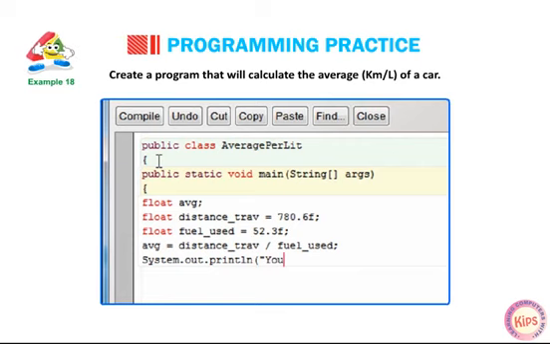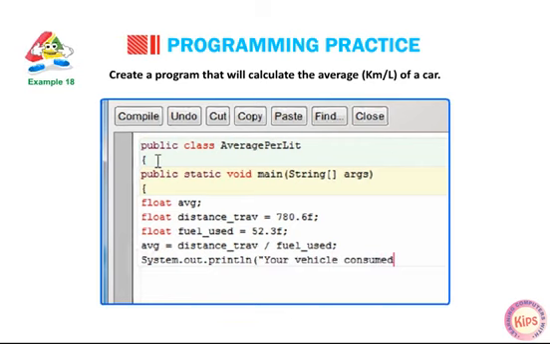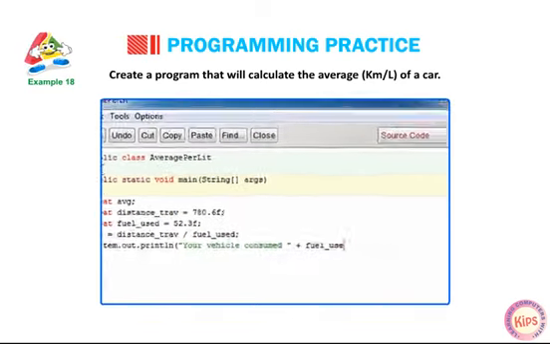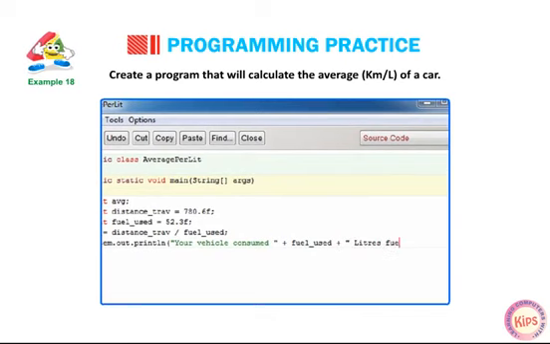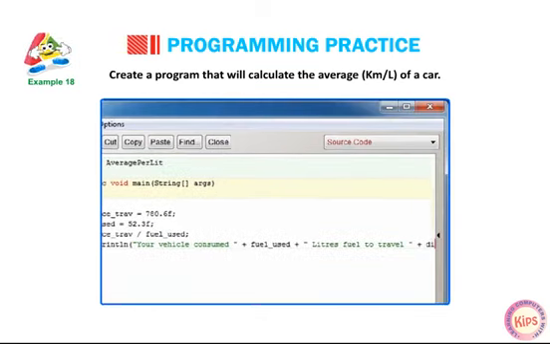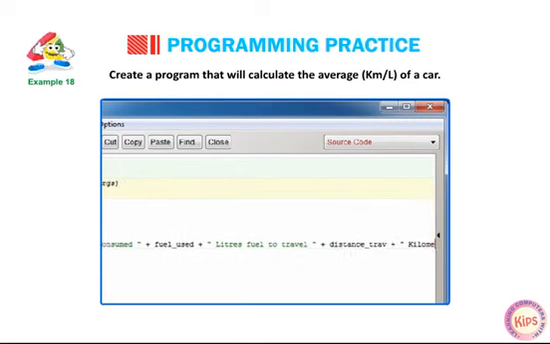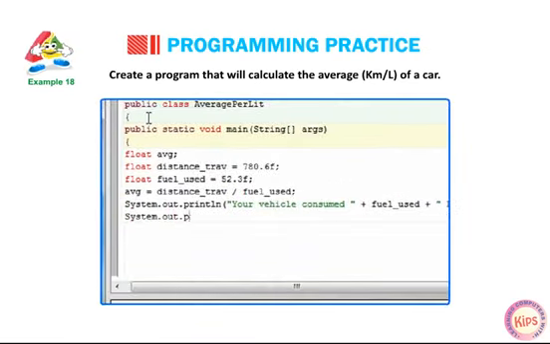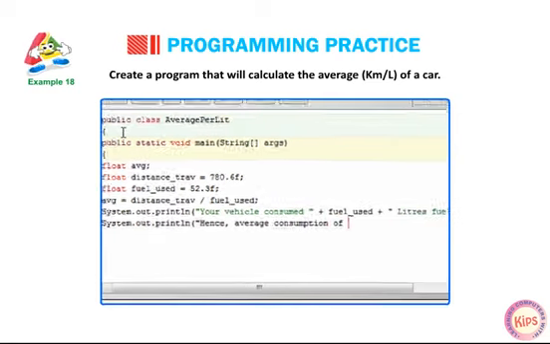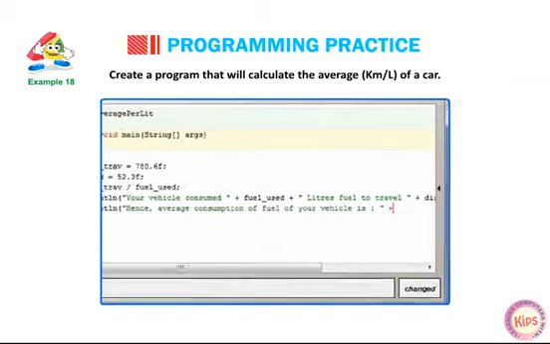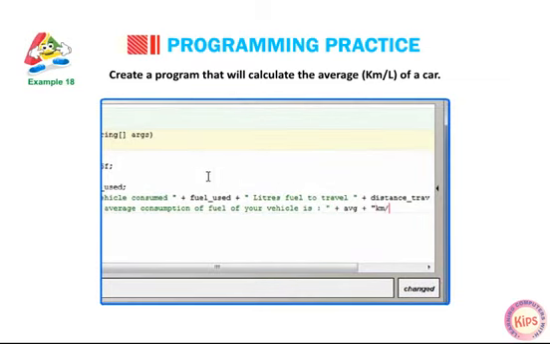System.out.println("Your vehicle consumed " + fuel_used + " liters fuel to travel " + distance_travel + " kilometers"); System.out.println("Hence average consumption of fuel of your vehicle is: " + average + " kilometer divided by liter"); } }